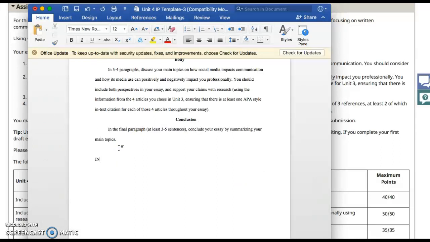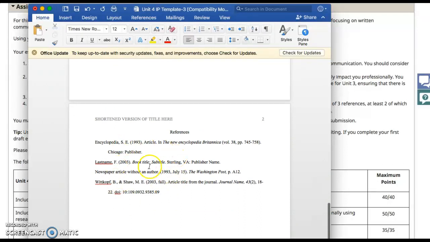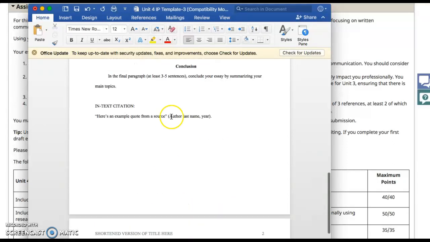Now, to create an in-text citation, I'm just going to quickly give you some examples. All you need to do is find the author, last name, and the publication year. And you'll place that at the end of any quote or paraphrase with that information. So here's an example quote from a source. Then you'll just use the author, last name, and year, place that right at the end, and that's all you need to do for a citation. And since you'll have your source information already done for you thanks to the CTU library,